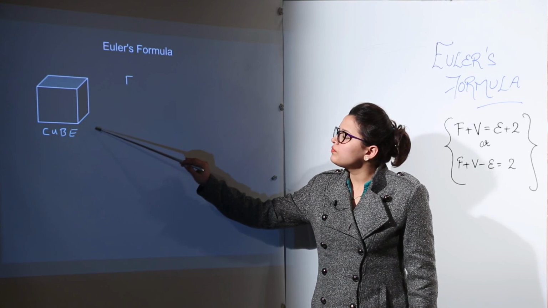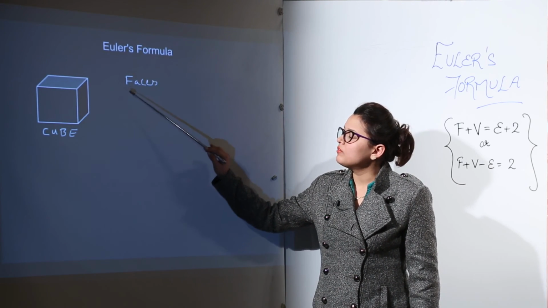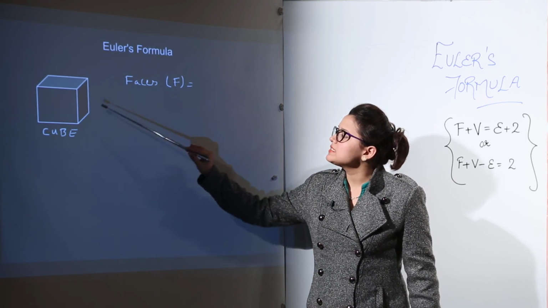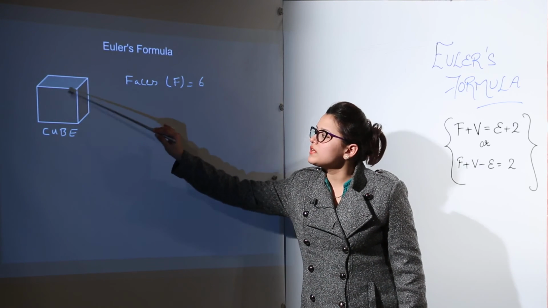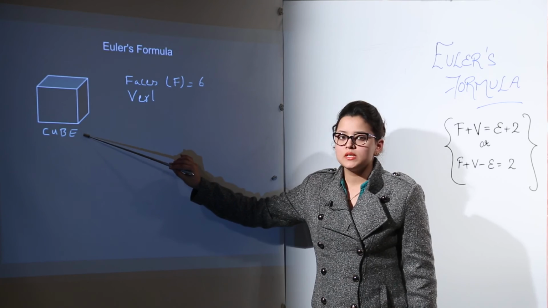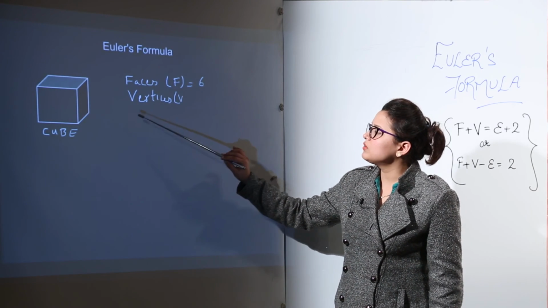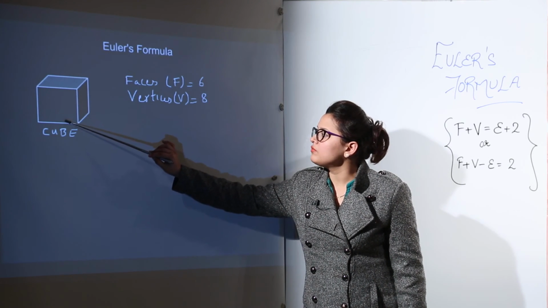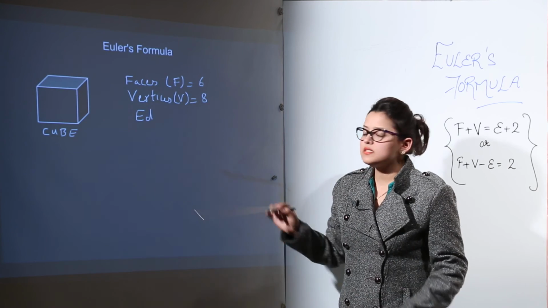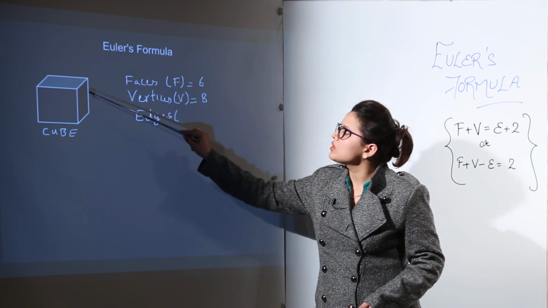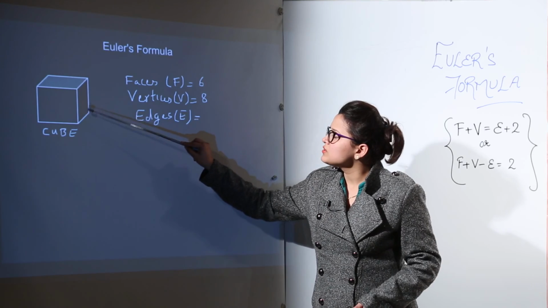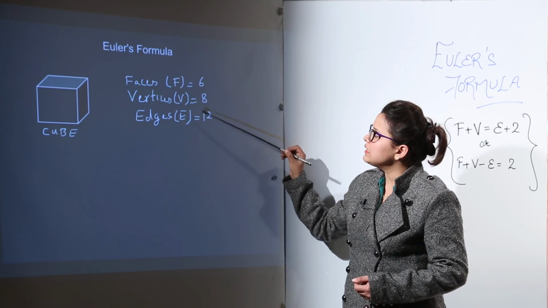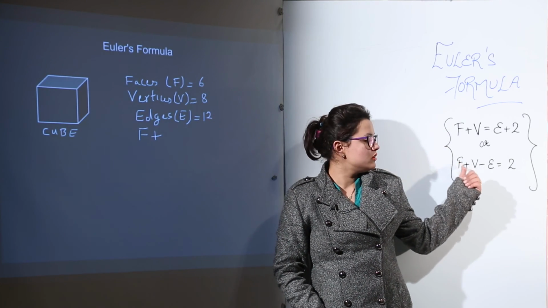Now can you tell me how many faces, vertices and edges are present in this? Let us count. It has 6 faces, reason being 4 faces around, 1 top and 1 bottom. It has how many vertices? You can count them. It has 8 vertices, right? 4 above and 4 below. And how many edges is it going to have? Similarly, you can count all the lines, right? So all the lines add up to give you 12. So these are the values for F, V and E as mentioned in your Euler's formula.